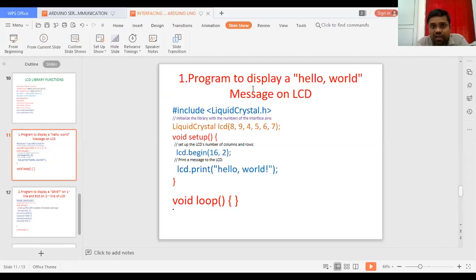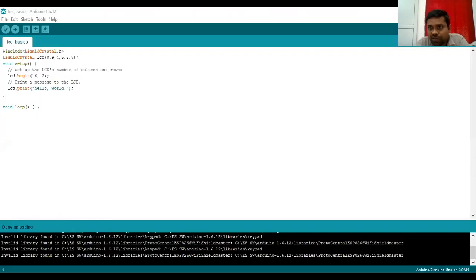We want to see the same code in the Arduino IDE.